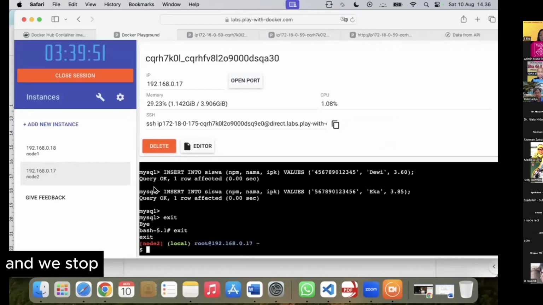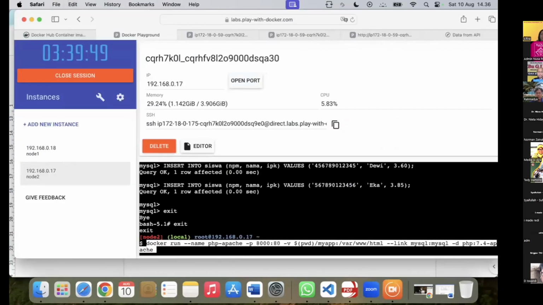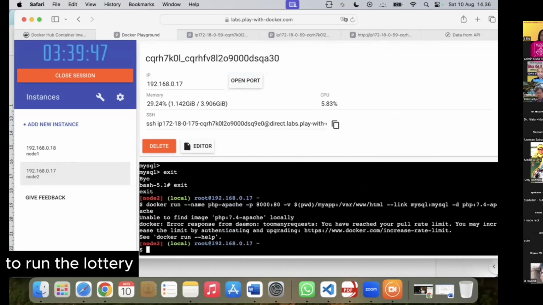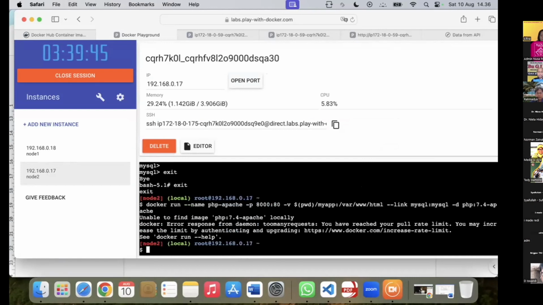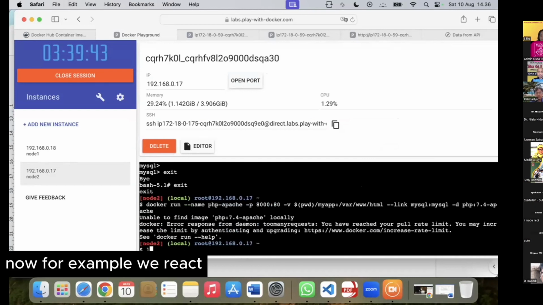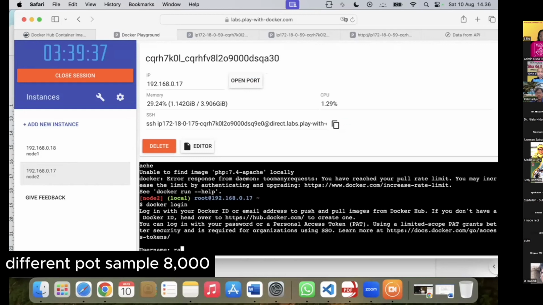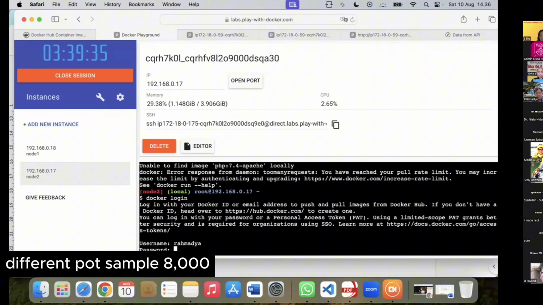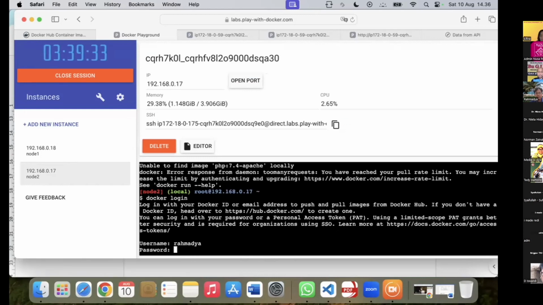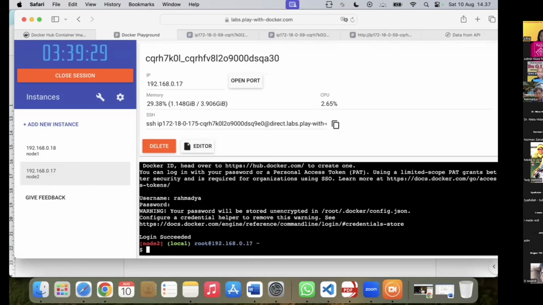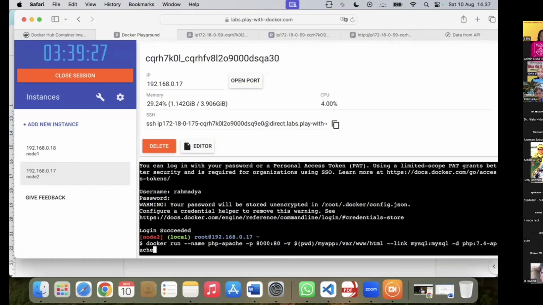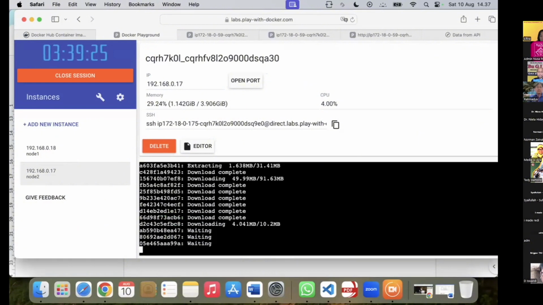And we start to run the Docker. Now, for example, we create a different port, for example 8000. Login first.